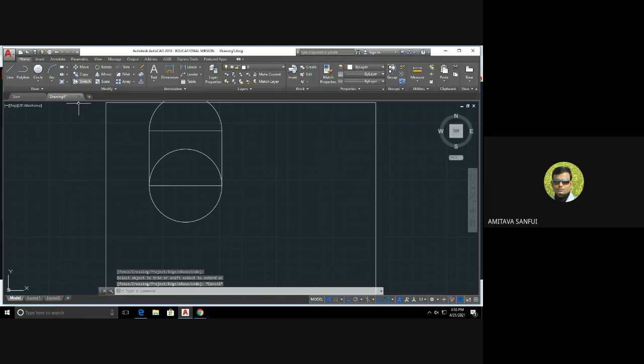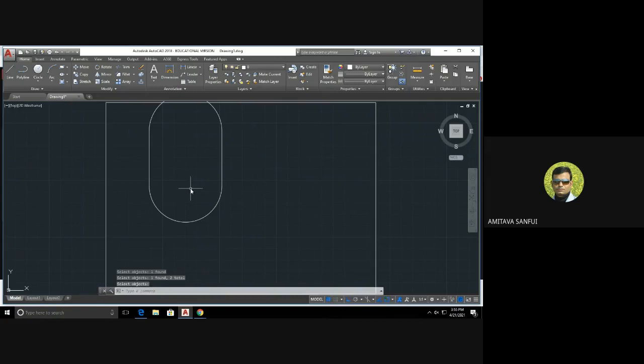Now again, I will select trim. First I have to select the boundary, next press enter, then I have to select the part. So the object has been trimmed. Now let us say again, I will erase this line and this line. So how is it done? I have to select the boundary here. This is the boundary, this is the boundary, press enter. Now select this line. Oh sorry, as the lines have been drawn separately, they can be directly erased. So select both of them and press enter. So that part has been erased.